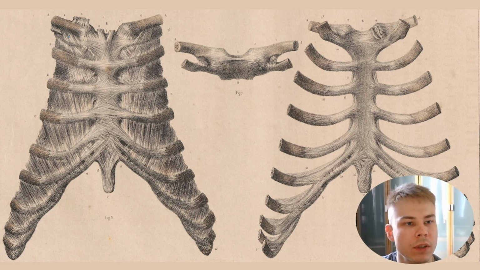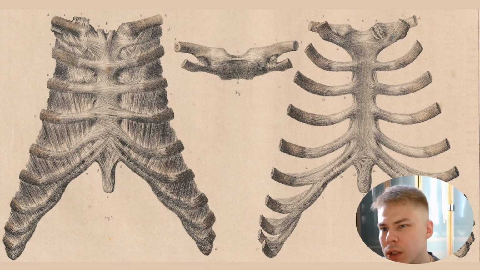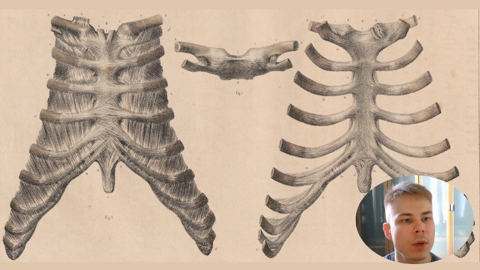Here we also have something called the costoclavicular ligament, which attaches the first rib to the clavicle. And we can also see it here and here, and you can see it there. This structure helps prevent distraction of the clavicle, so prevent upward distraction. And we can always look at the direction of the fibers to kind of infer what they do. So the posterior